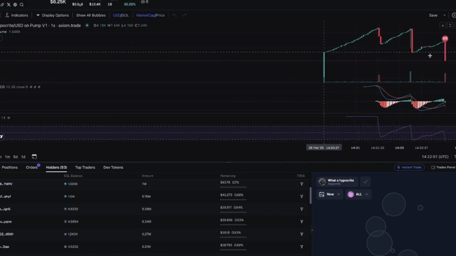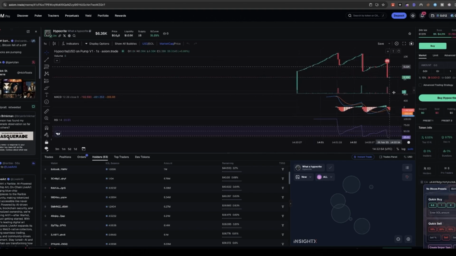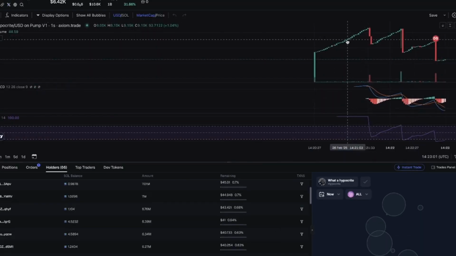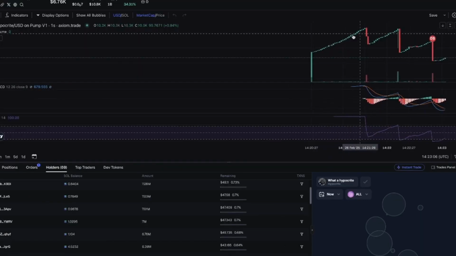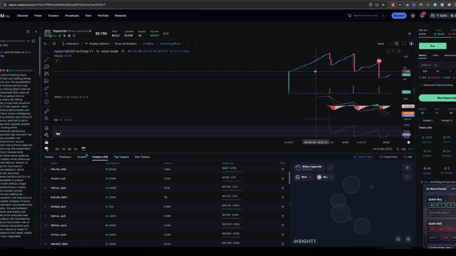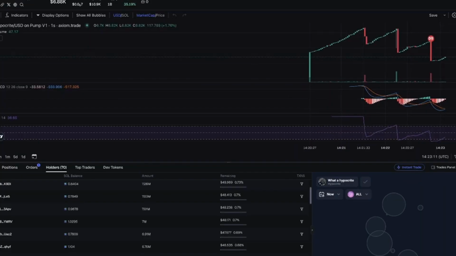If you invested at a take right here, see the devs just sold completely, got rid of it. That's how you can quickly tell if something is a scam. If you see something like this, a chart where there's not many sales, and the price, it's not worth investing into at all.